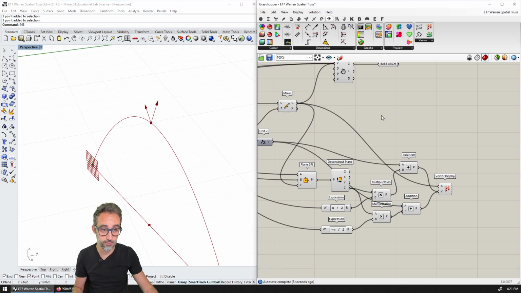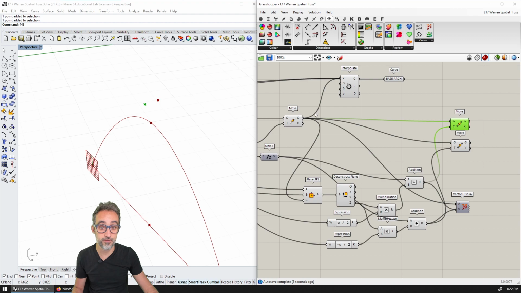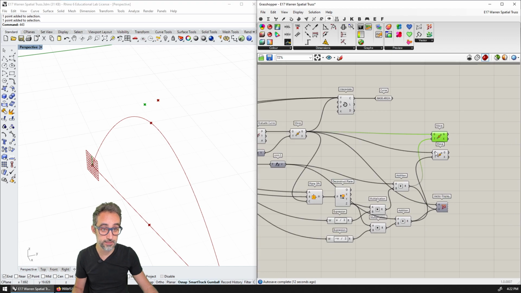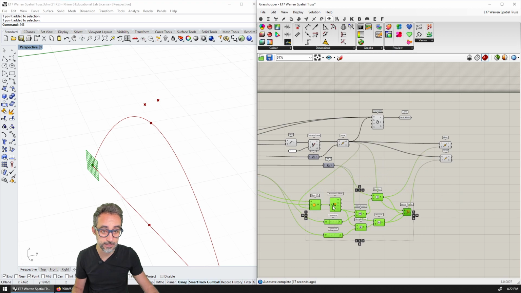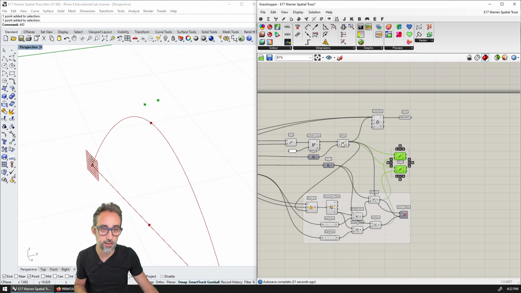Then I can just move the original point by this vector, and now move the original point by the other vector. I can turn this off, and I can see that I now have the three main points for each one of the arches. Now I can say, this is going to be the main arch.